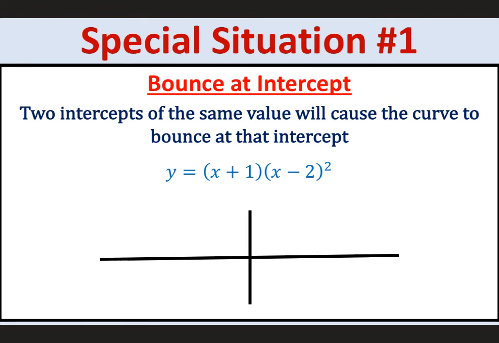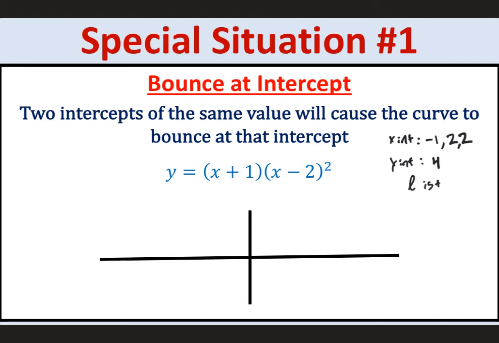So we'll go ahead and do this real quick. We'll say our x-intercepts are -1 for the first parentheses, and then the second parentheses gives us 2 twice. You have to list them both, so 2 and 2. Our y-intercept, we plug in 0 for all the x's. That's 1 times -2 times -2. Our y-intercept is +4, because of that squared, -2 times -2 is +4. Our leading coefficient is positive,